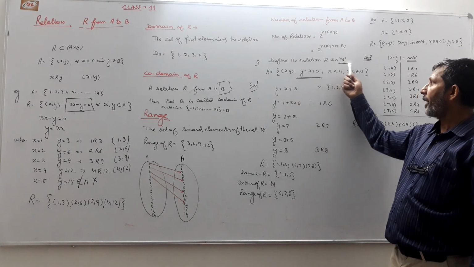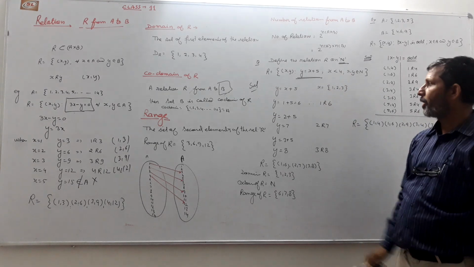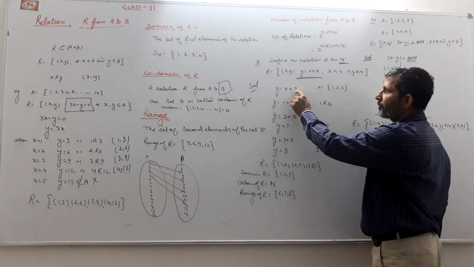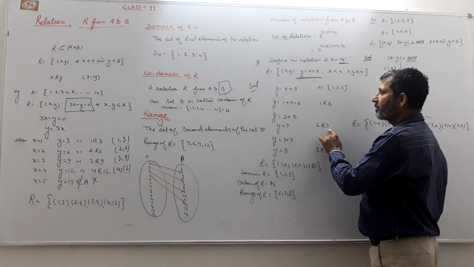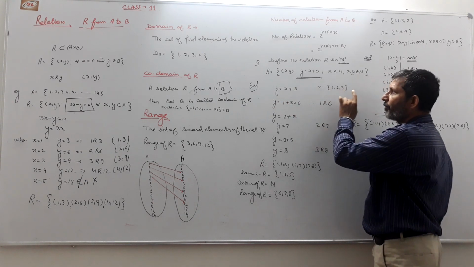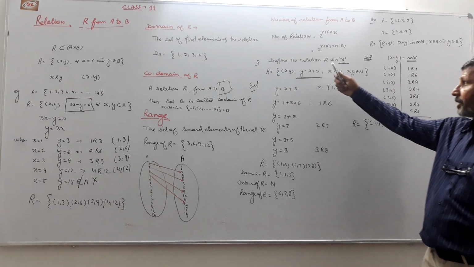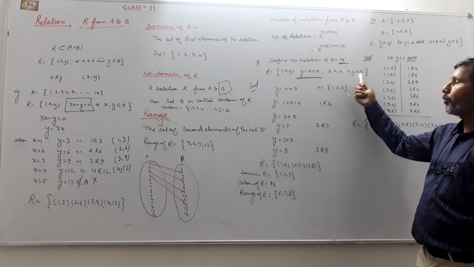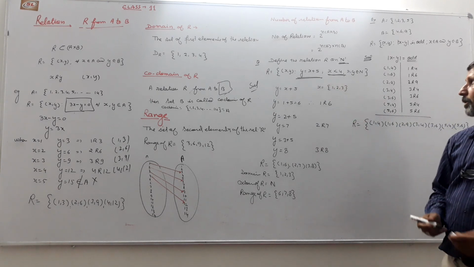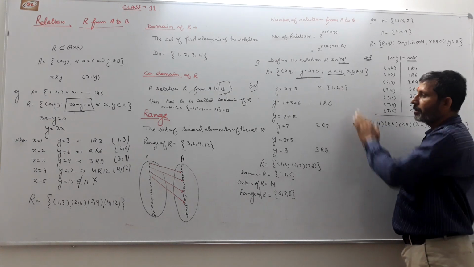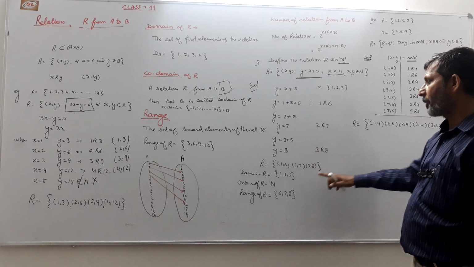First you put the values of x from N. Because x is a natural number less than 4, these are 1, 2 and 3. When we put x equals 1, 1 plus 5 is 6, so 1 is related to 6. When we put x equals 2, 2 plus 5 is 7, so 2 is related to 7. When we put x equals 3, 3 plus 5 is 8, so 3 is related to 8. In this statement x and y are both natural numbers, but it is given that x is less than 4, so the natural numbers are 1, 2 and 3. Therefore 1 is related to 6, 2 is related to 7 and 3 is related to 8.